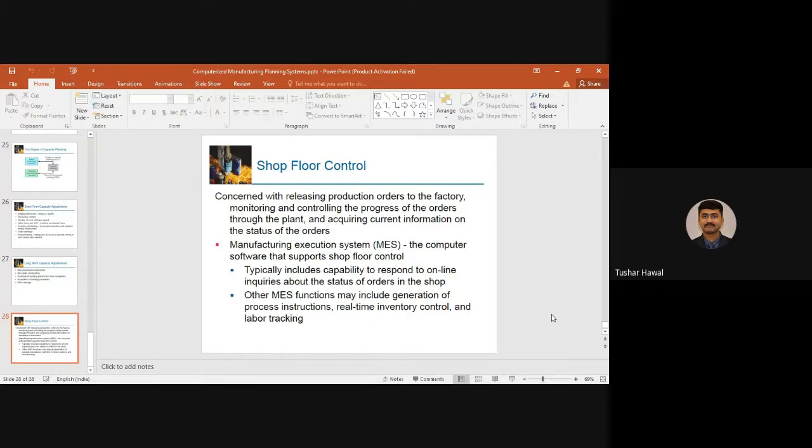Then we have learned about the material requirement planning, from MPS, the master production schedule. Then we have seen the capacity planning. Then we have seen the shop floor control, and we have seen the short term and long term capacity adjustments.